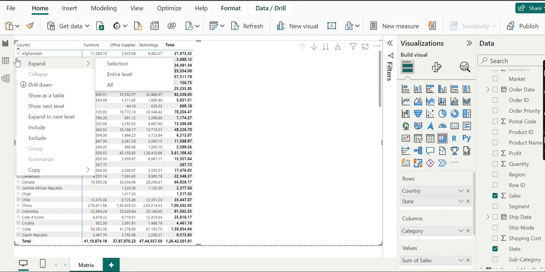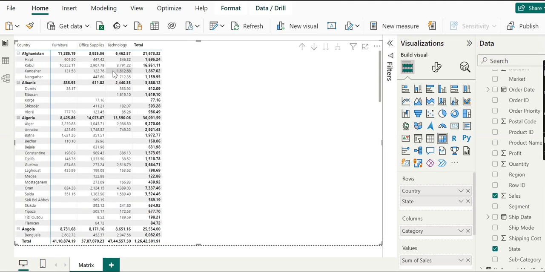If we want any kind of information change, we can do it here. Coming back to the expand option, we can expand to different levels: selection, entire level, all levels. We go to the entire level, drilling down to the next level of hierarchy by simply clicking on the plus sign.